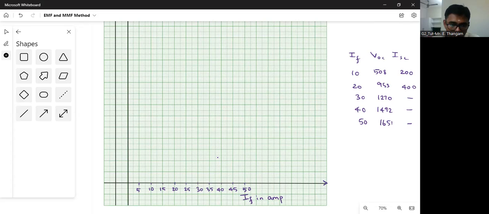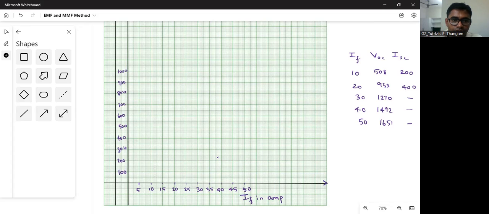So 1 centimeter equal to 100, 200, 300, 400, 500, 600, 700, 800, 900,